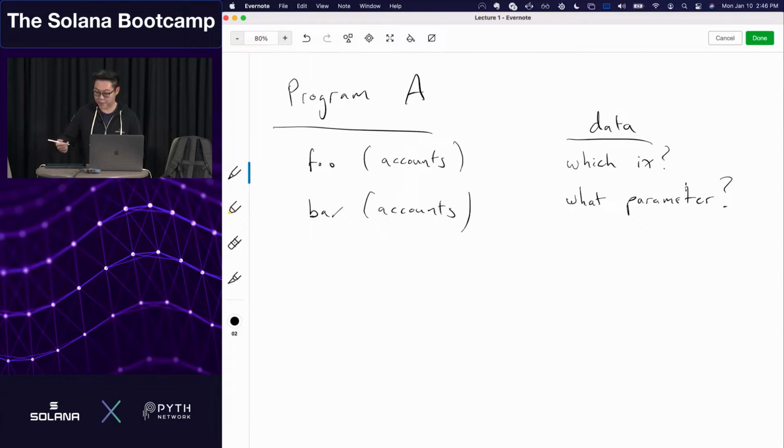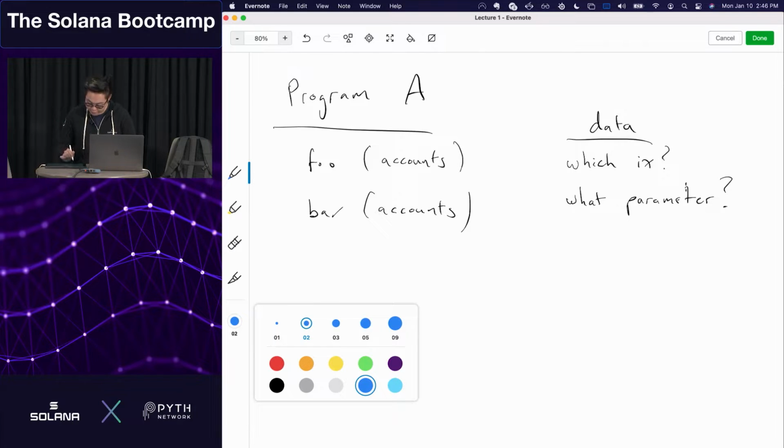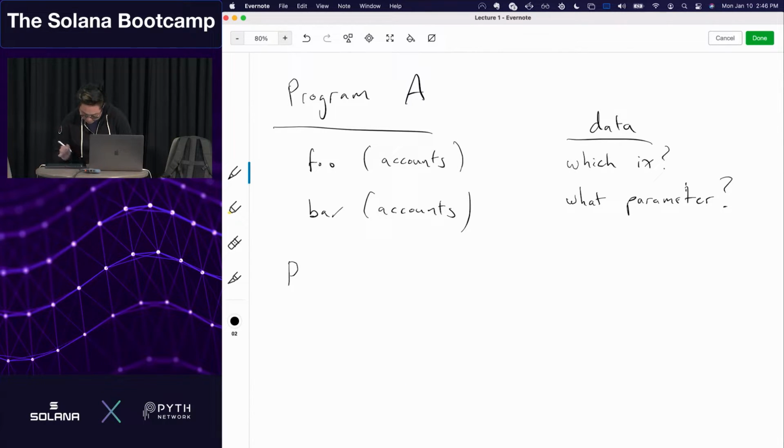All of this information is encoded inside here. So when the program receives that buffer of data, it basically knows how to route it to the instruction it's trying to execute, right? So if I have a data buffer that's passed in, program A is basically just like a CLI. So if I call program A,